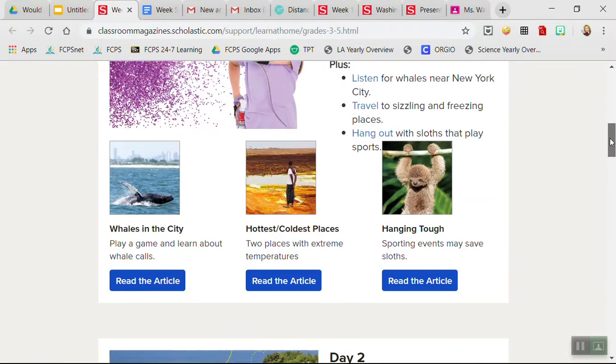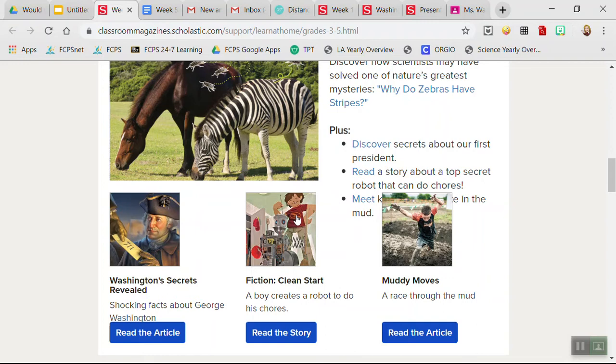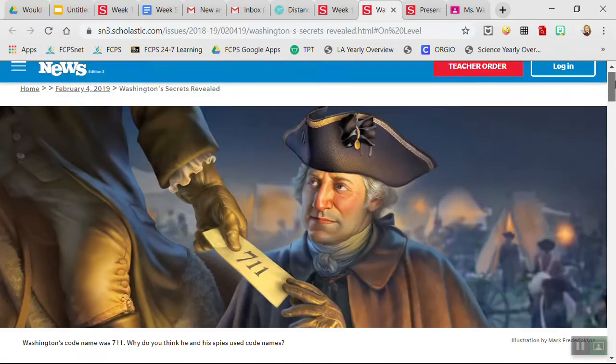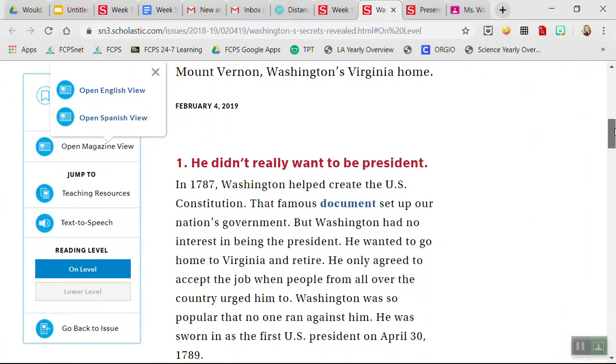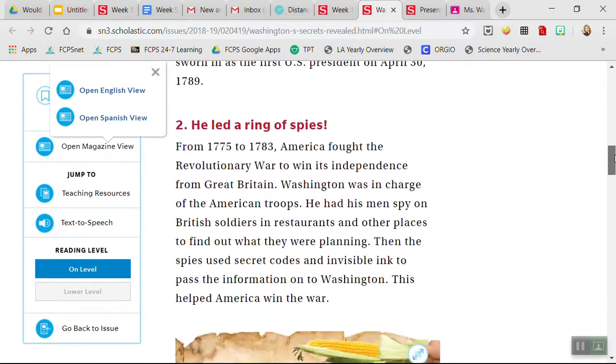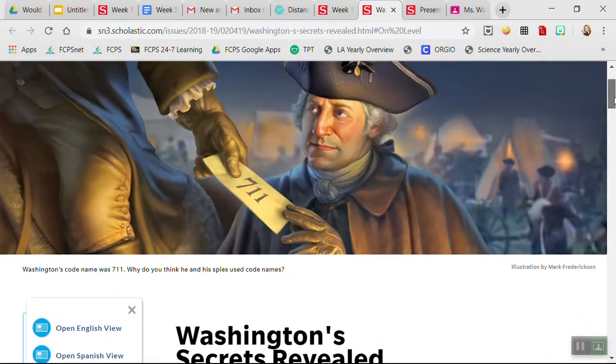I'm going to scroll down and pick the one that Miss Gilster read on Monday: Washington Secrets Revealed, Shocking Facts About George Washington. Then I'm going to click the blue button that says read the article. Once I've done that, it's going to give me a page that looks like this, a really big text. Now you can either read the article just like this by scrolling down,